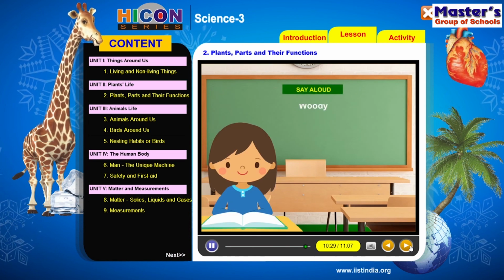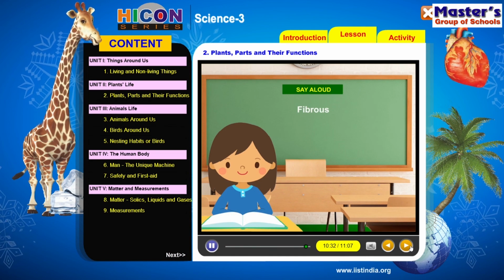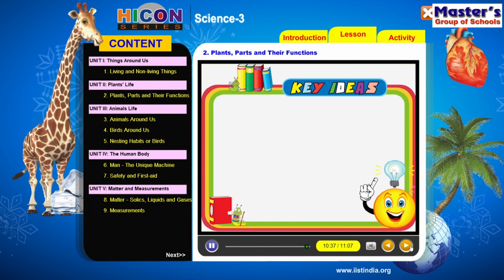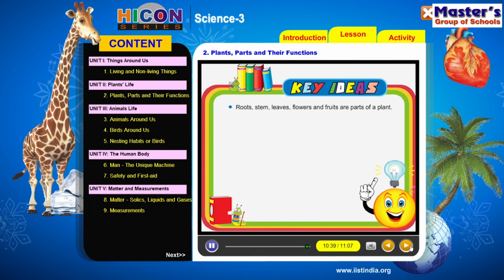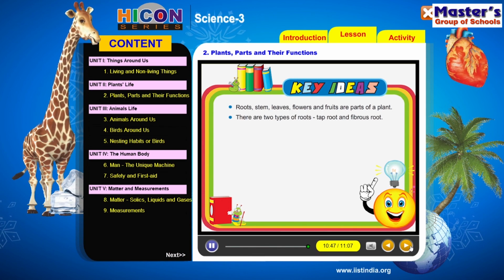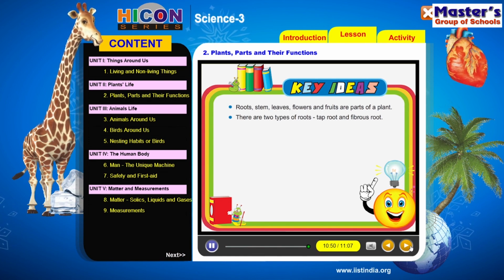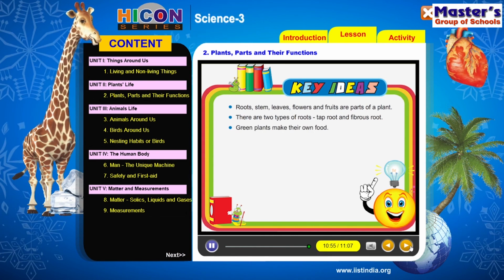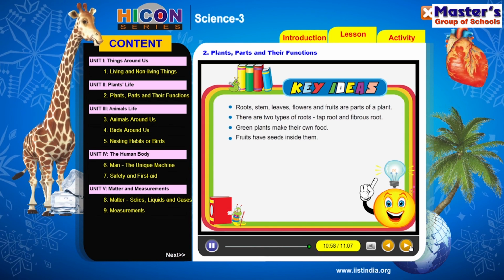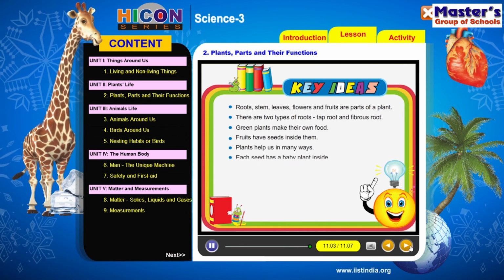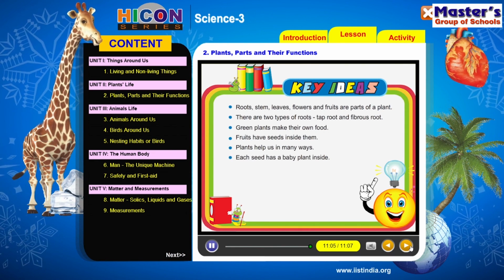Say aloud: woody, branches, hibiscus, fibrous, support, underground. Key ideas: roots, stem, leaves, flowers, and fruits are parts of a plant. There are two types of roots: taproot and fibrous root. Green plants make their own food. Fruits have seeds inside them. Plants help us in many ways. Each seed has a baby plant